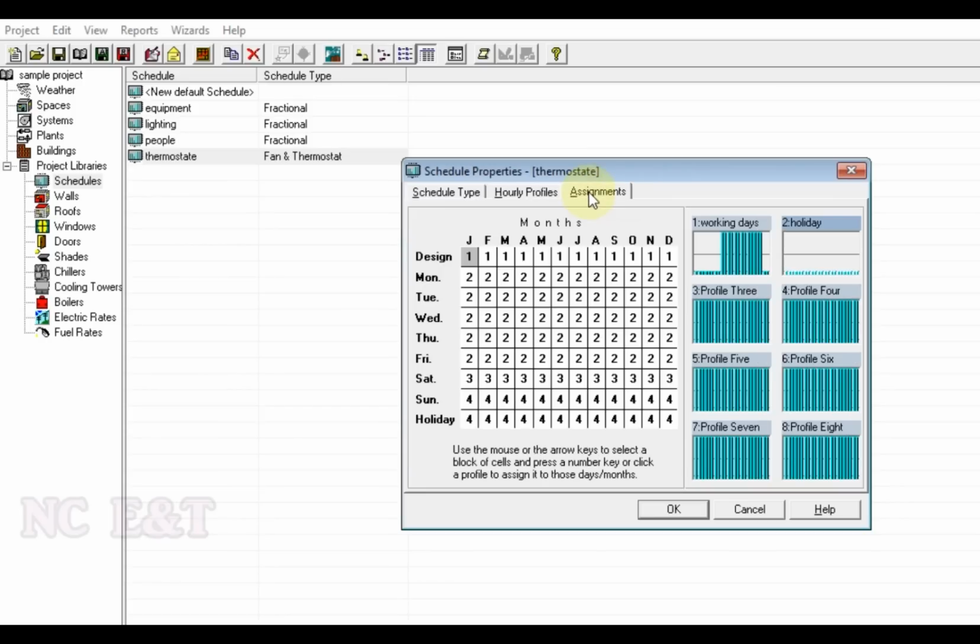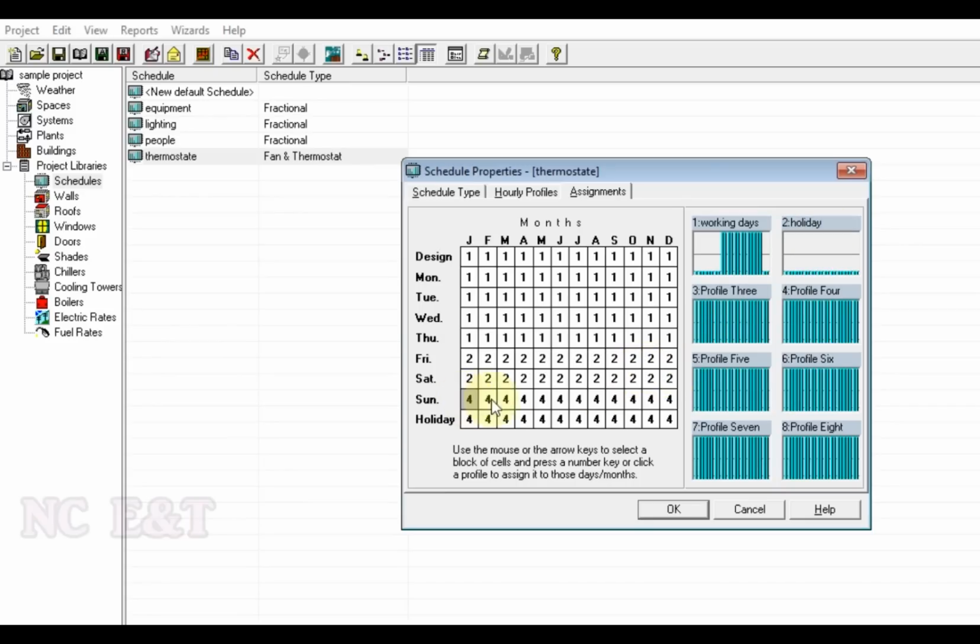Then again in the same way let us assign these values. We need the system to operate for the whole month, so we will select the whole month working days. From Monday up to Thursday the system will be operating, so we will select the working days. And Friday, Saturday will be holiday, so we'll select the holiday.